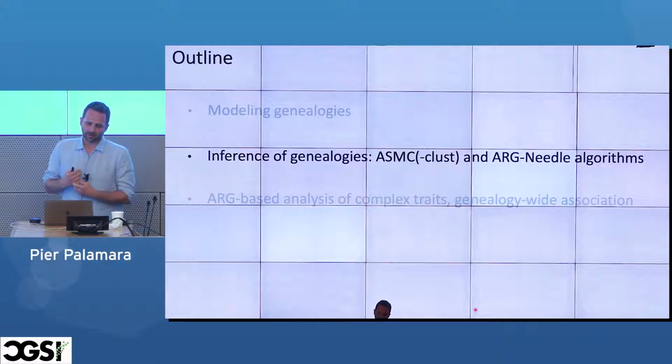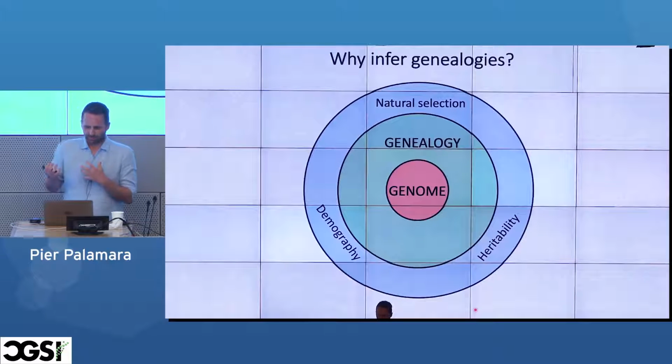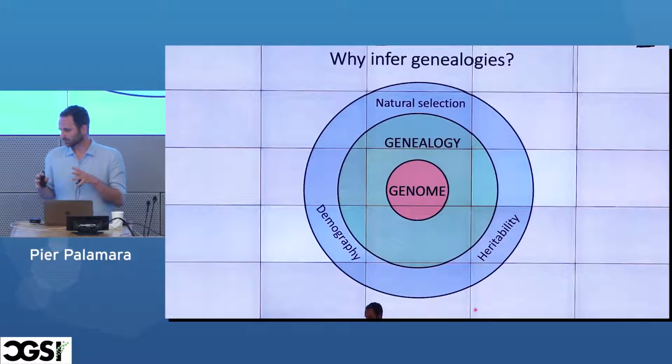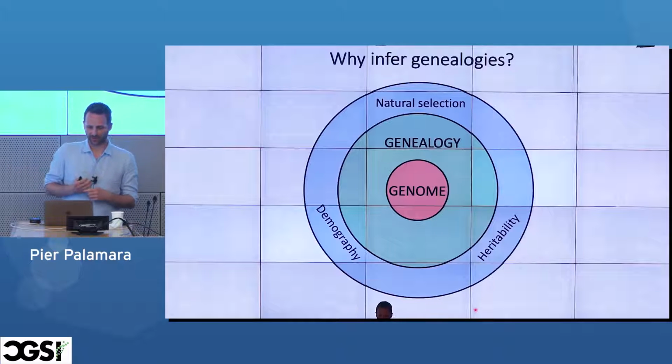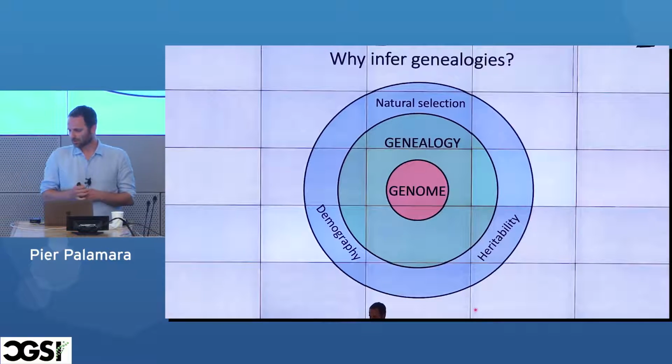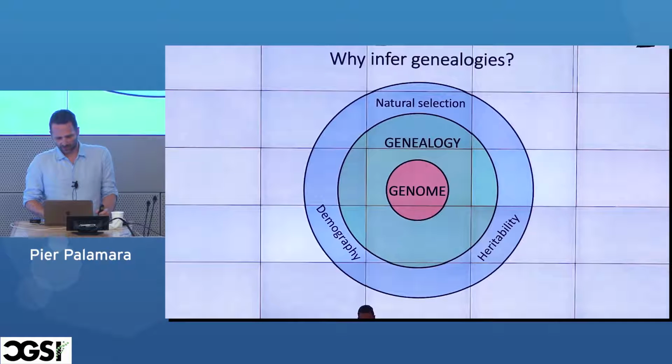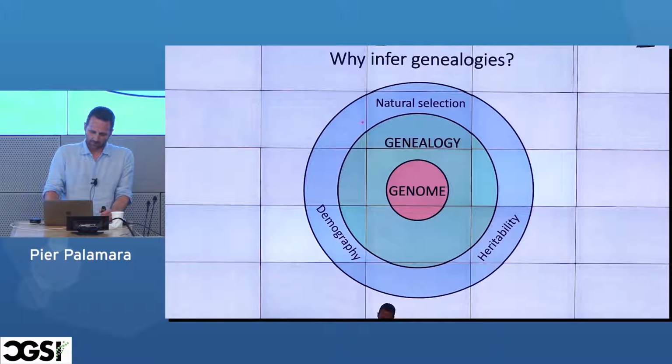So there's a number of ways that we can think of doing this, but it's a fairly complex problem, which makes it fun. But besides being fun, I should also tell you why it's interesting, or which kind of things we're hoping to get. So why do we spend all this energy trying to get genealogies? I was saying that the genome is a product of the genealogy, essentially. So the genomes that we can collect are essentially a projection of these processes and this graph that is behind them, which is a genealogical structure, or an ARG.